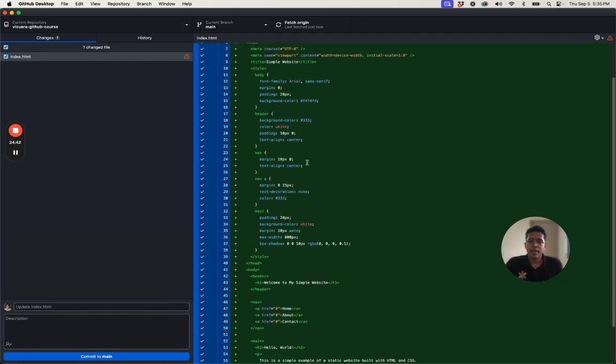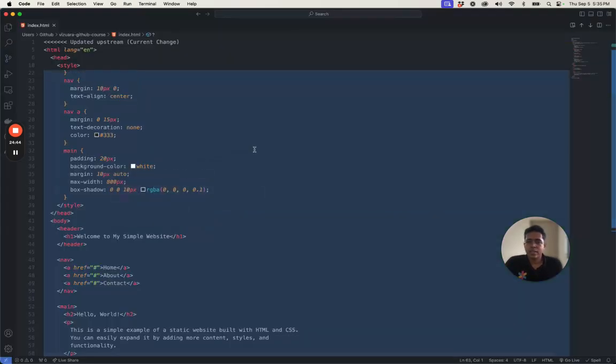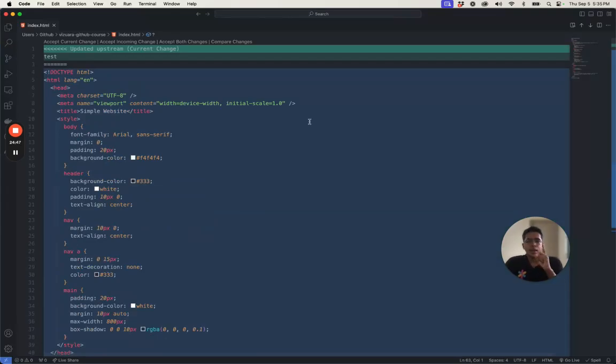And now we can see what the index.html looks like. This is what it looks like. Do you see what is showing here? We just restored a change, but just before restoring the change, this test line was there. So now this code base is getting confused, because the test was there, and now we are asking to also restore the change of this entire HTML code. So what should GitHub do? How does it know whether we are asking to completely remove test and replace it with the code, or we are asking to have both? So which is why in